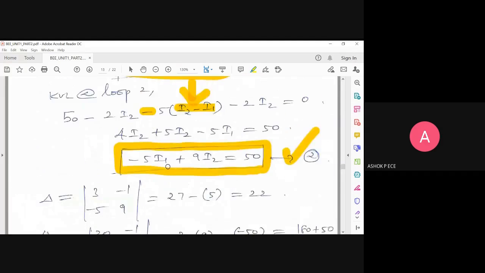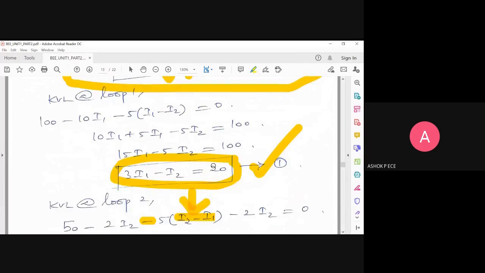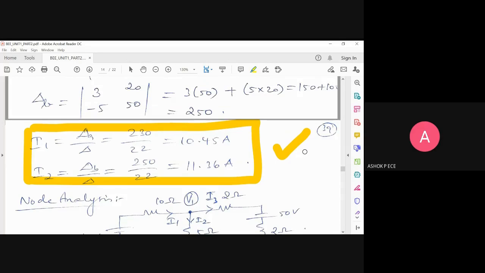And how will the current flow through this 5 ohm resistor? Can anybody say the direction of current flow through the 5 ohm resistor, knowing the values of I1 and I2? I1 minus I2, sir. I2 minus I1, sir. I am not asking the value, I am asking the direction. Top to bottom or bottom to top? Bottom to top, sir. Yes, I2 is dominant, right? So how I2 is flowing, that is the direction of current flow in the 5 ohms.